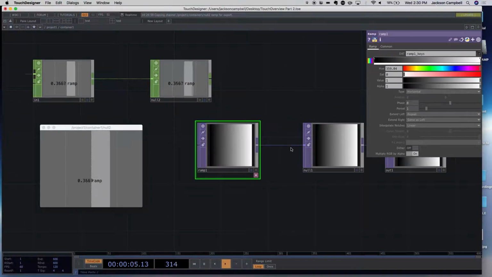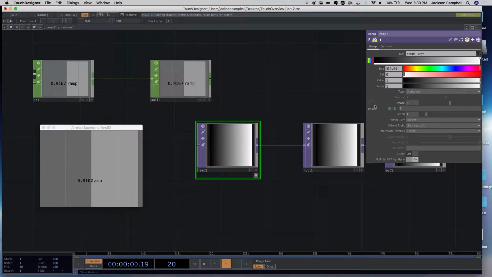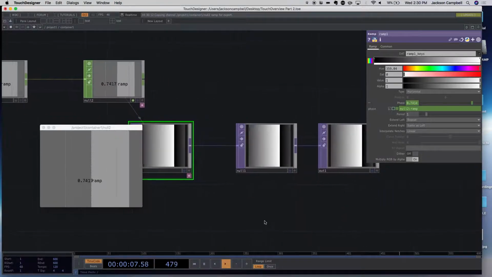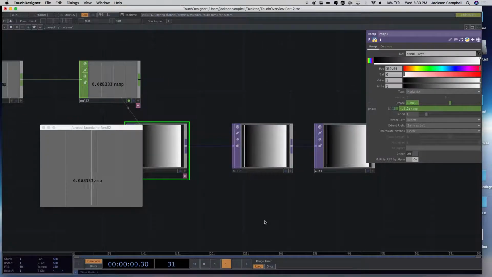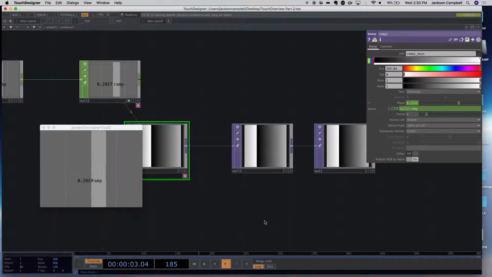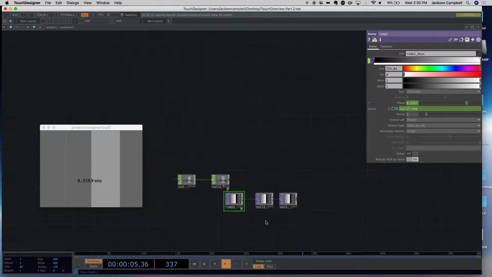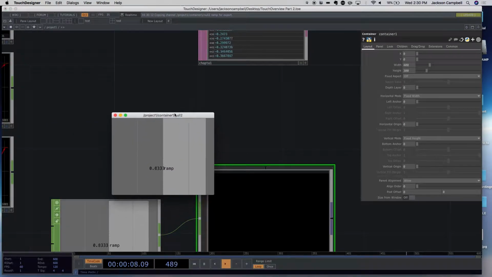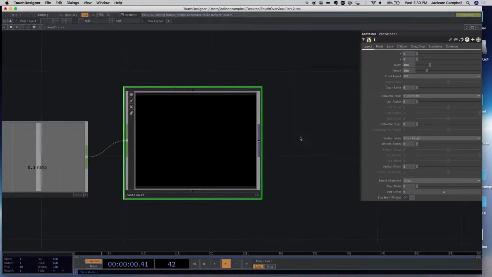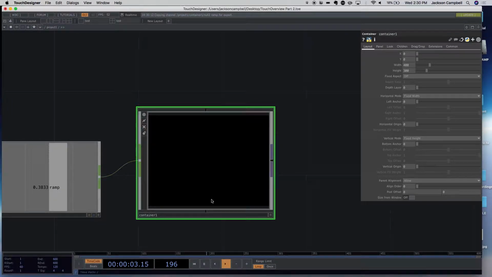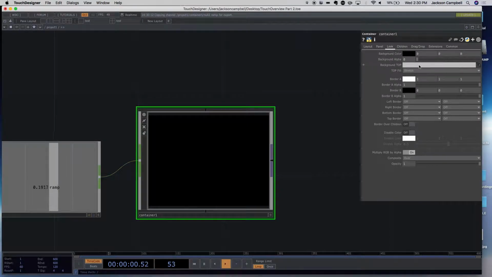But anyway, we're going to export this to the phase on this ramp. So go ahead and open the phase and drag that over to phase and say export chop. And now we are making that ramp animate. Let's see, scroll out, and you can close this view now if you want. We can actually make this container show us what's happening inside. If we go over to the look panel here and we change the background chop